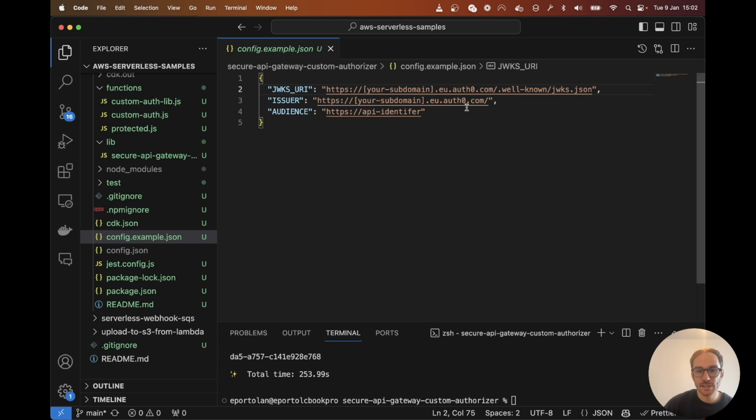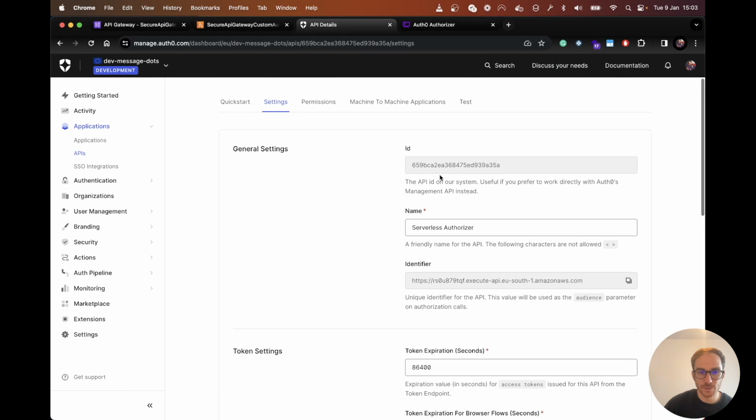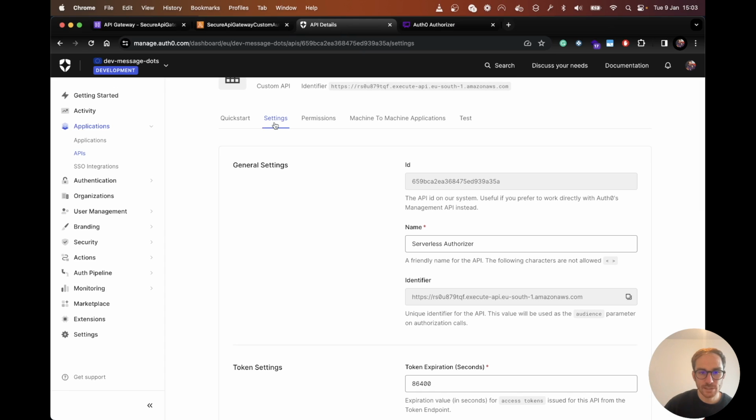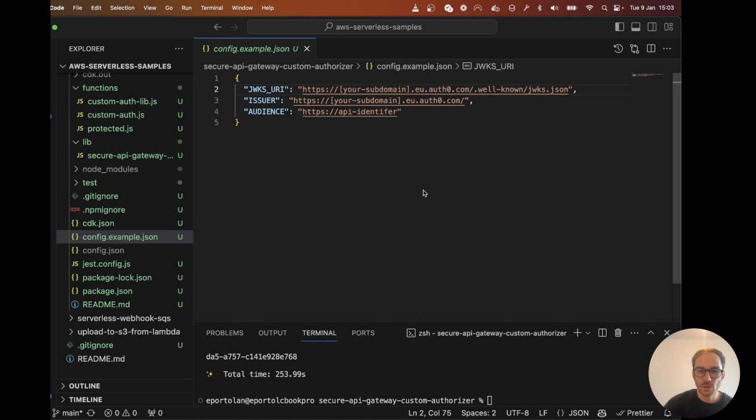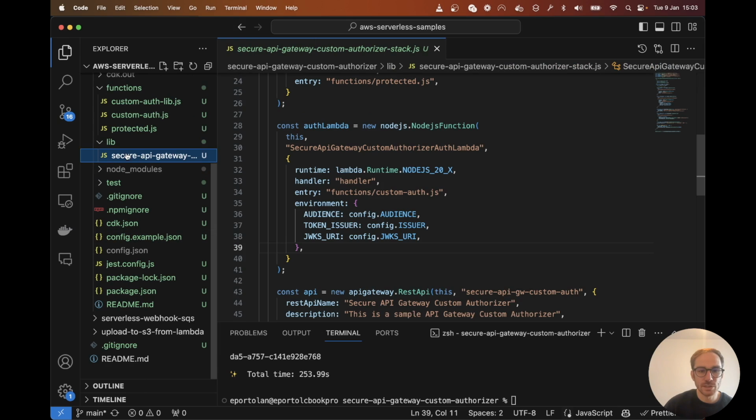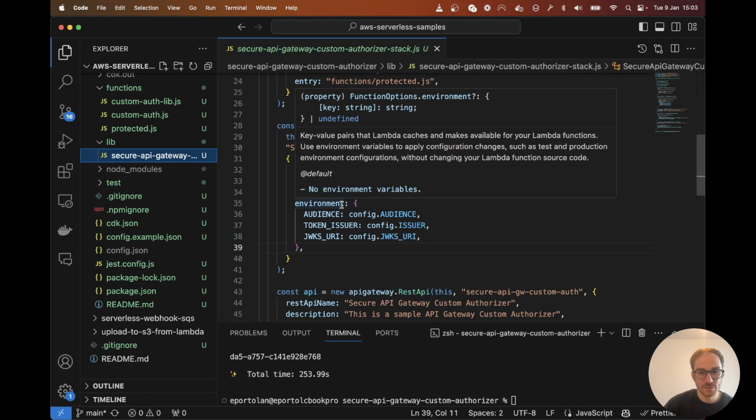The issuer is basically the same thing, your Auth0 subdomain, and the audience is the API identifier. What it means is basically the ID that is provided once you create the API. So if you go in your API settings, it's the one called identifier. Okay, so I'm passing those values to the Lambda function. It's going to do the